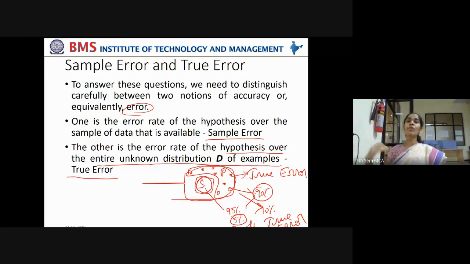Now I have taken overall students' data and I'm trying to estimate their performance. Now a lot of error is associated. True error is very large compared to the sample error, meaning 30% of the students are not performing well compared to my classroom sample error of 5%. It indicates that